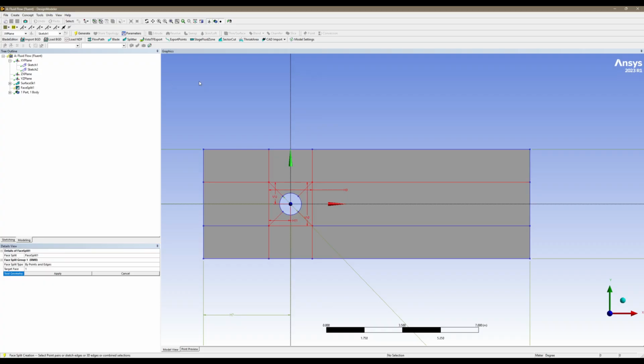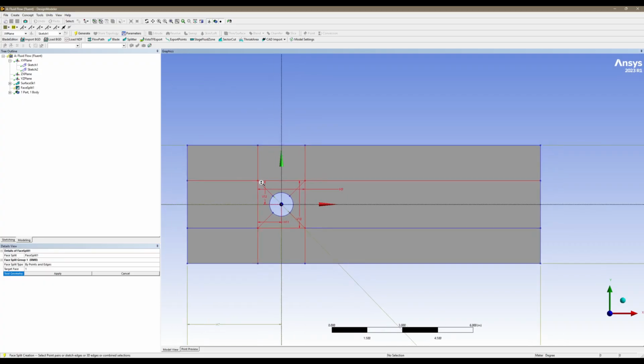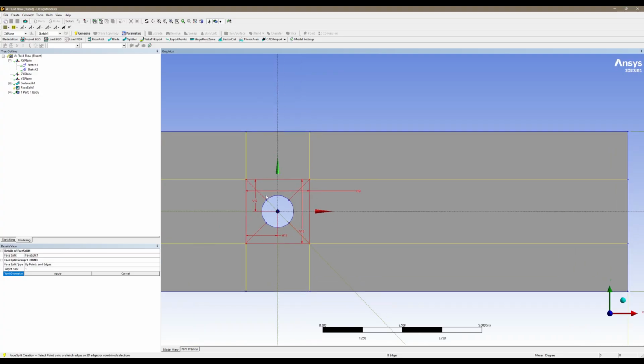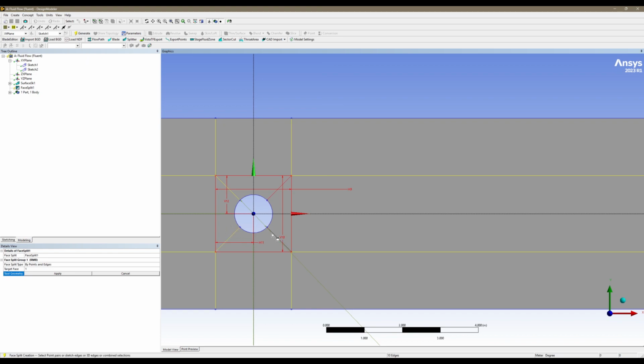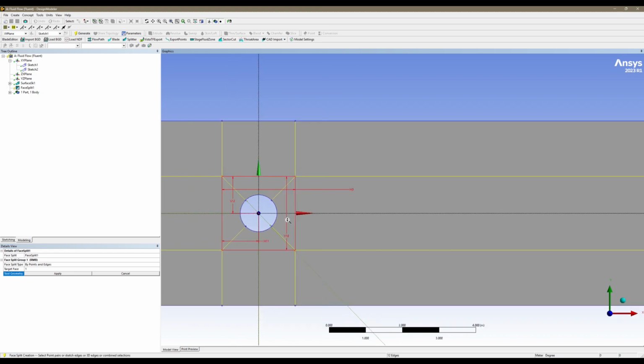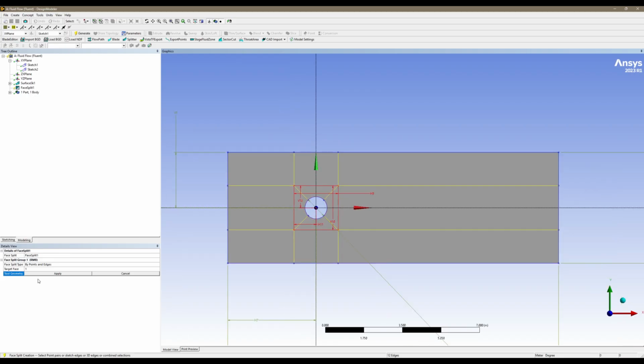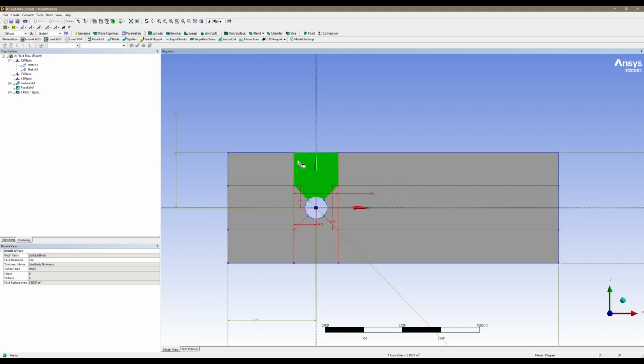We're gonna come here, we're gonna add the edge selections only, and we're gonna go one by one adding these. Alright, and now we click apply, and if we look, click generate. Now if we look, our